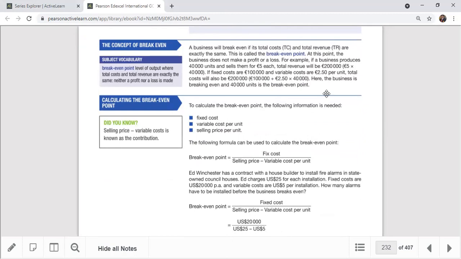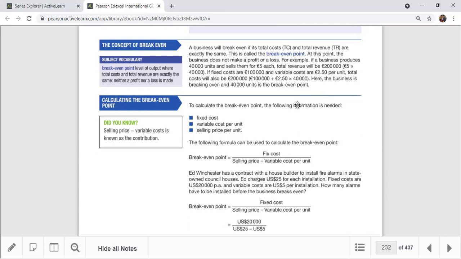Now we can understand that the break even concept is very important to calculate for any businessman, right? If you are a tuk-tuk driver or cab driver, you should know how many kilometers you should run in order to cover your expenses, right? Imagine a meter taxi: you should know how many kilometers you should travel to cover your daily expenses. Like that, you must have a rough idea. Whatever business or profession you are in, you should know how many hours or how many products you should produce in order to break even.